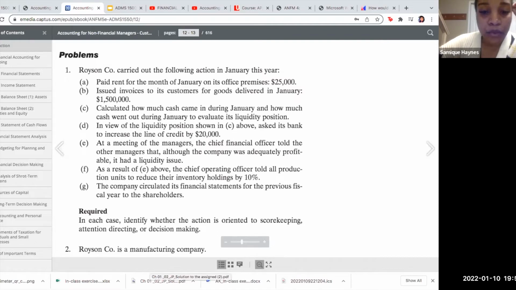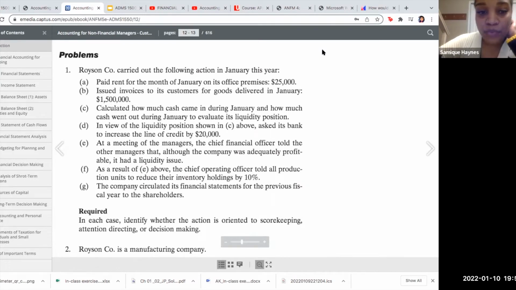Do we remember what we talked about before about what scorekeeping was about, when I brought up the analogy of the Raptors and the Lakers? What does scorekeeping do in accounting? The financial part of it? Yes, so you're recording transactions. We're trying to see what the score is: how is the business doing?